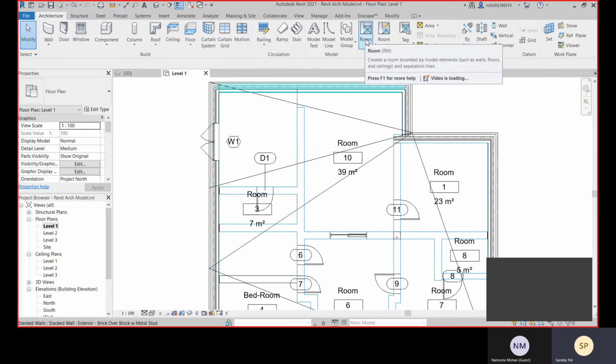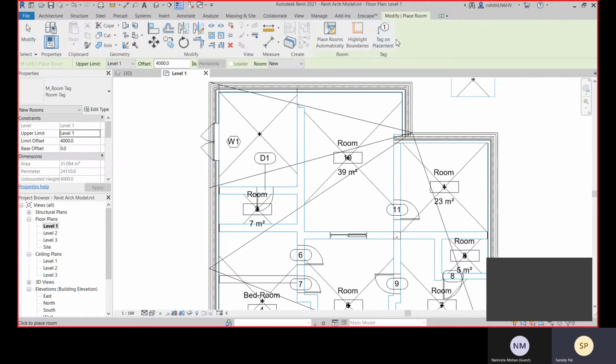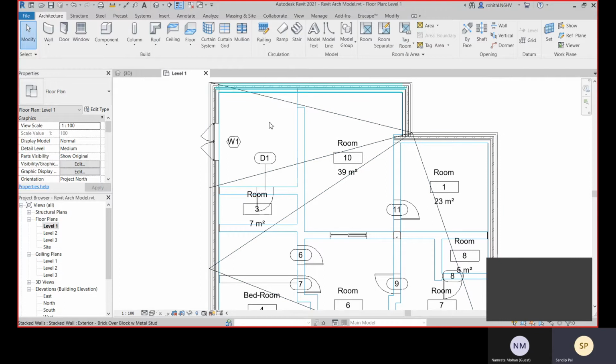So make sure that while defining this room, this tag on placement is checked. So while placing you will have the tag, so no need of extra work. And after this kind of error, you can solve it with this tag room.